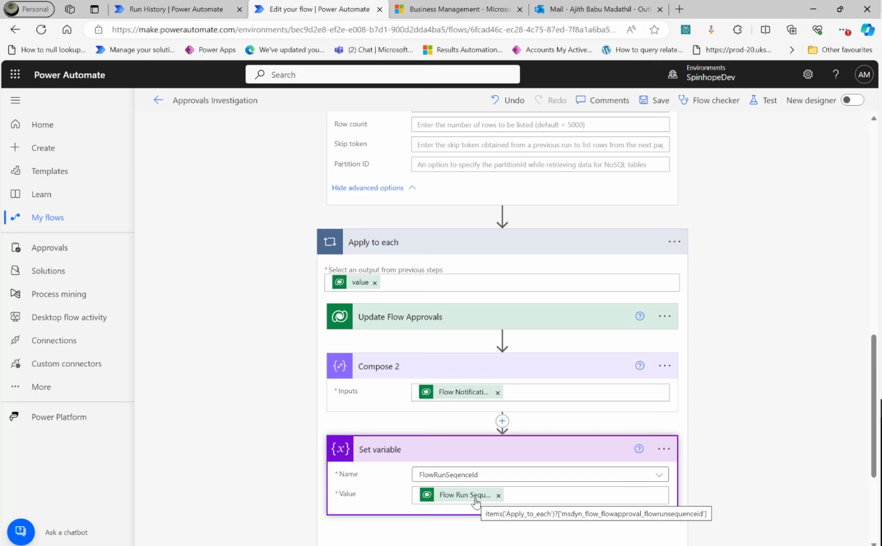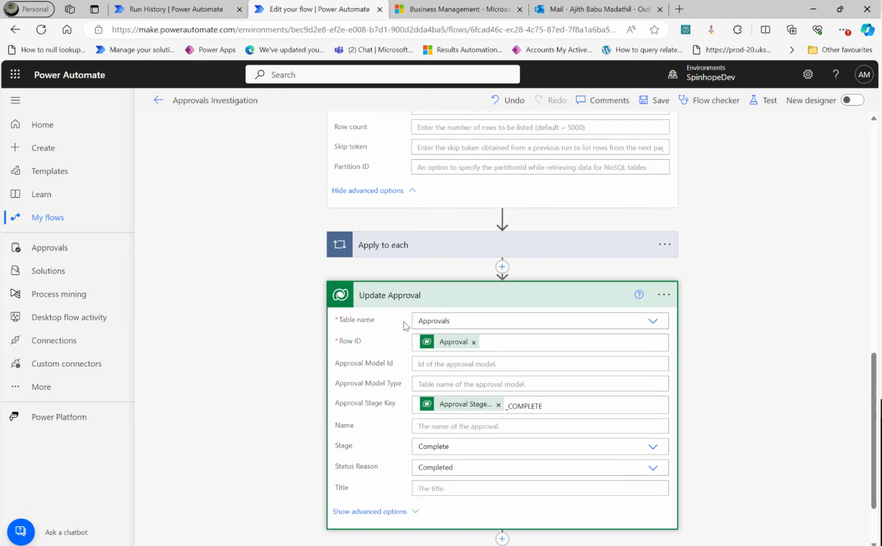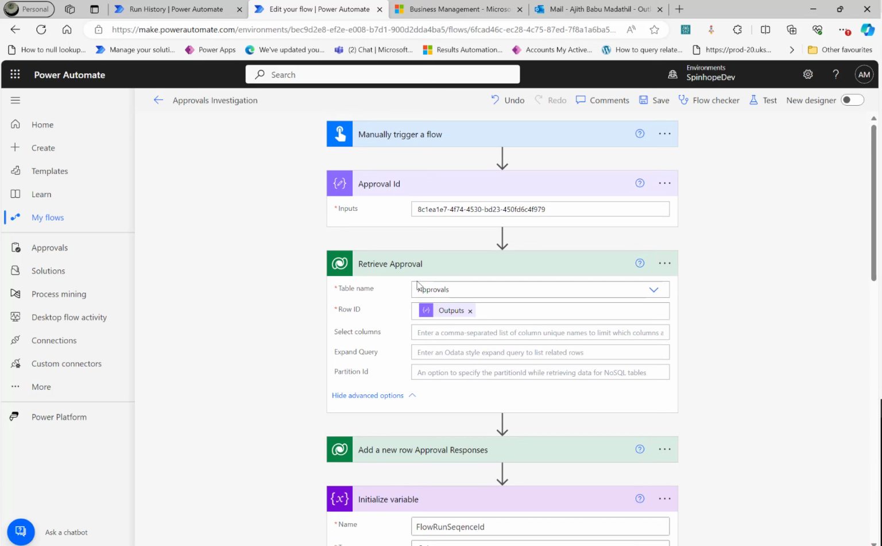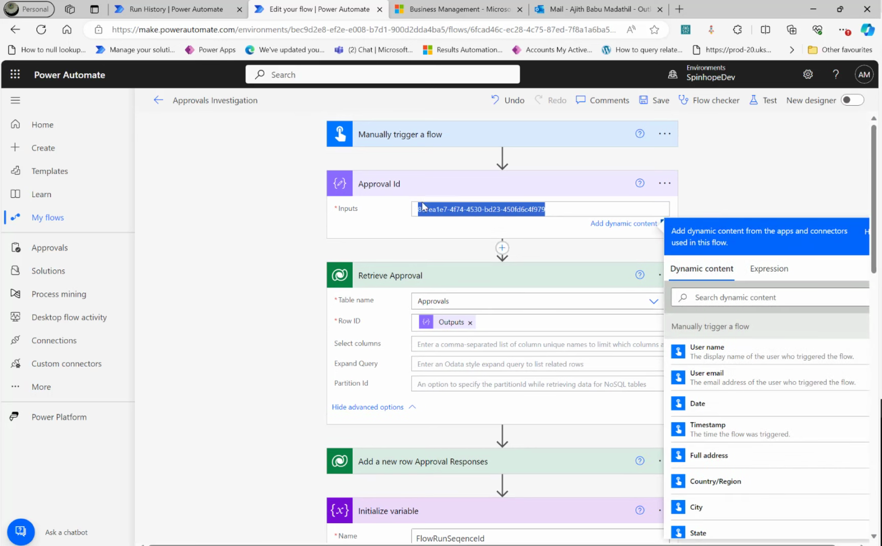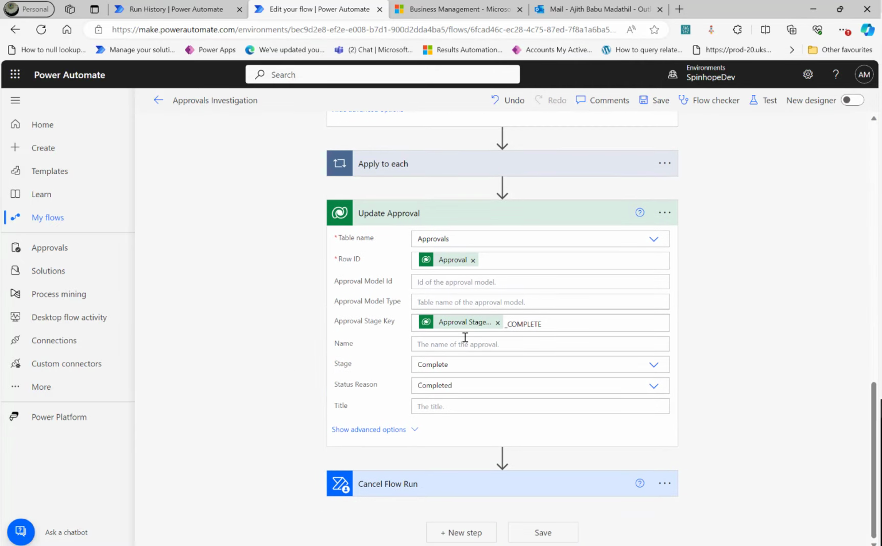So in my case, it is the same ID. It is that flow run sequence ID. Once I found the ID, finally what I'm doing is I'm going to the update approval and the approval table. Again, that approvals table ID is coming from, if you look at the mapping here, the approval of the retrieve approval. So that's this step, or you can directly use this approval ID. It's both the same. So basically I'm updating again the approval ID here, saying hey, that's complete now with the approval